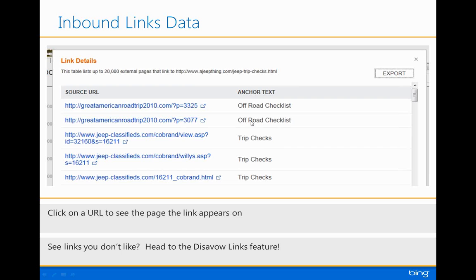I would rather you use off-road checklist. Could you change that link text for me, that anchor text for me? And it's a great way to be able to manage your links if you're into managing links. And if you see links pointed at you in here that you don't like, head over to the Disavow Links feature,